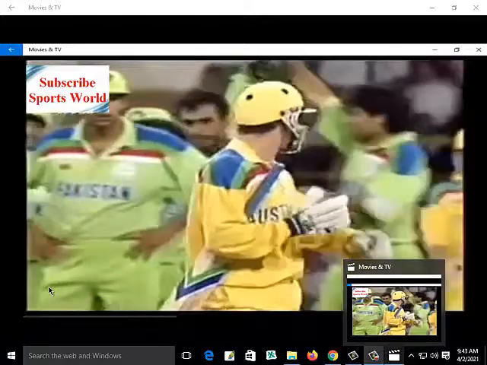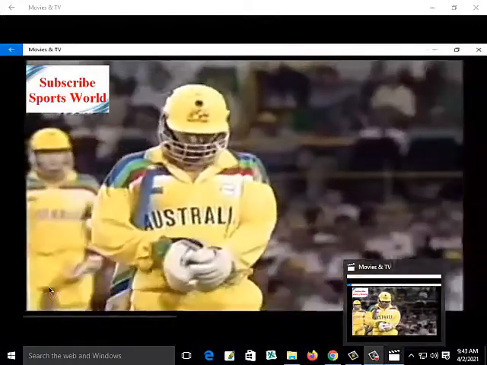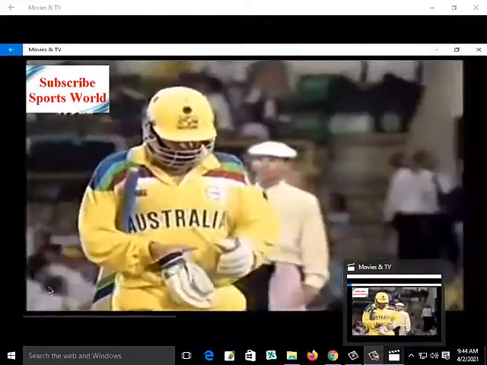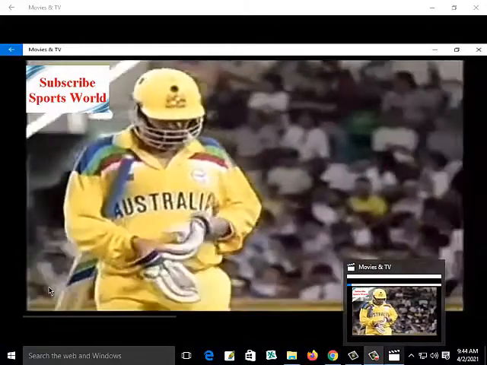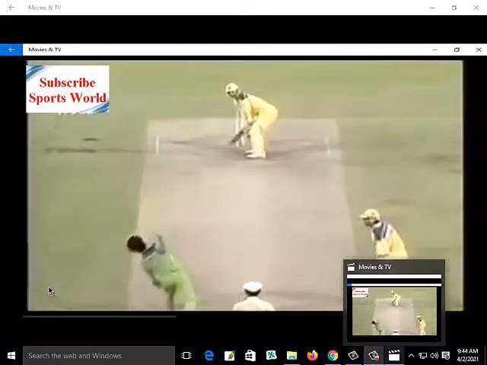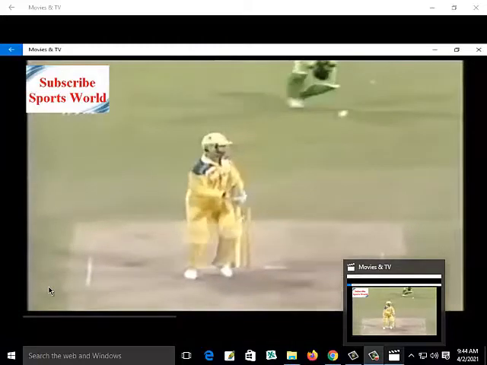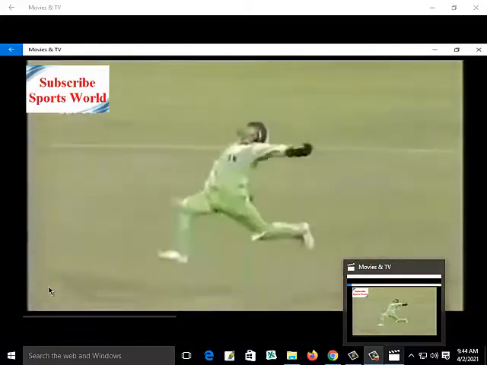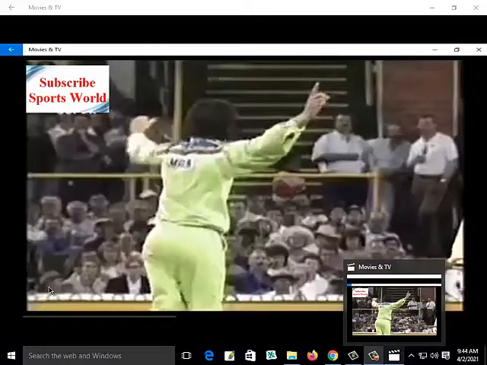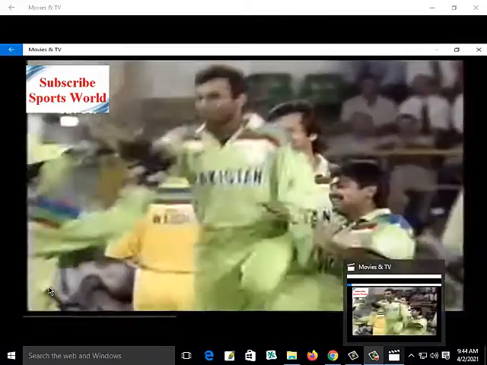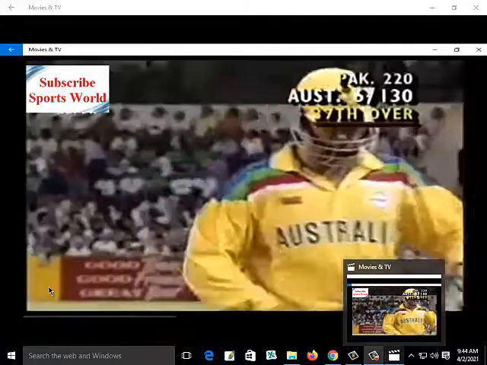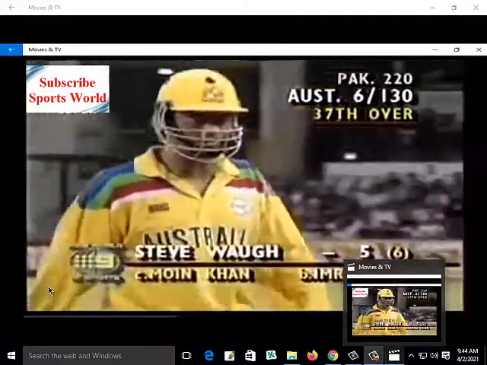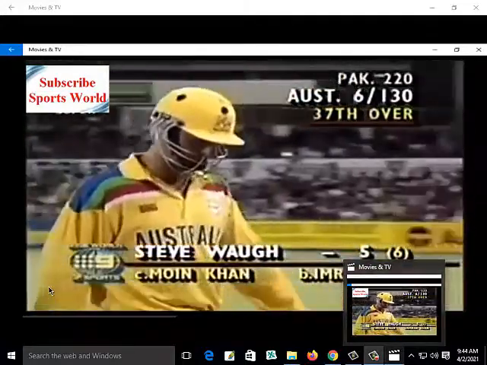Someone's obviously said something to him, and Imran is putting up his hand and I think suggesting it's just all done in excitement. But Waugh is on his way. Yes, Imran getting one to drift down the leg side and just flicking his glove. And what a superb catch. Imran really excited about that. A little bit of a dispute there, but it's 6 for 130.